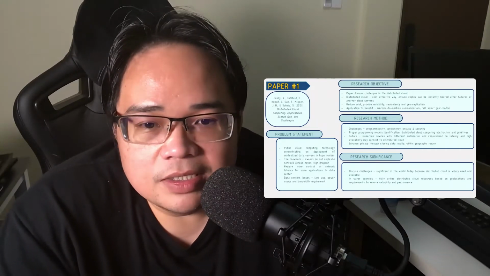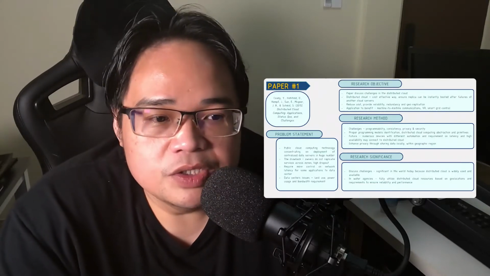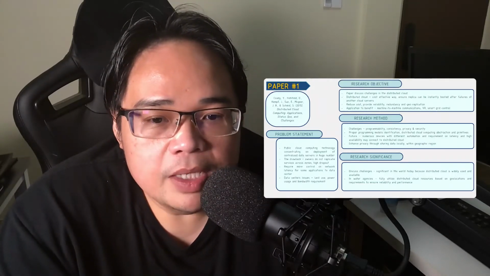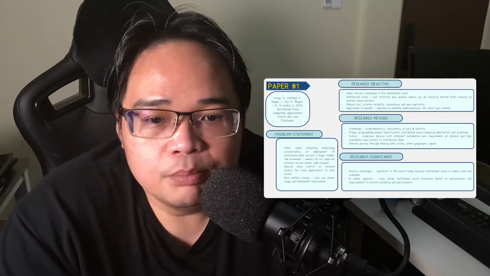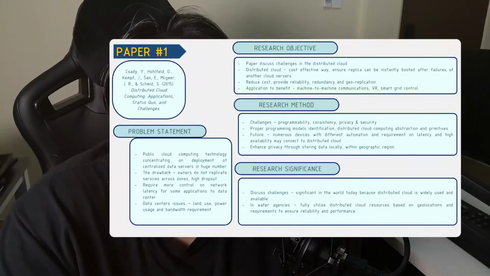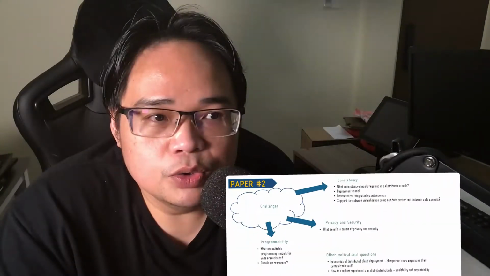And in water agencies like JBAB, we will look into how to fully utilize distributed cloud resources based on geolocations and requirements to ensure reliability and performance. And then after that, we will look into the